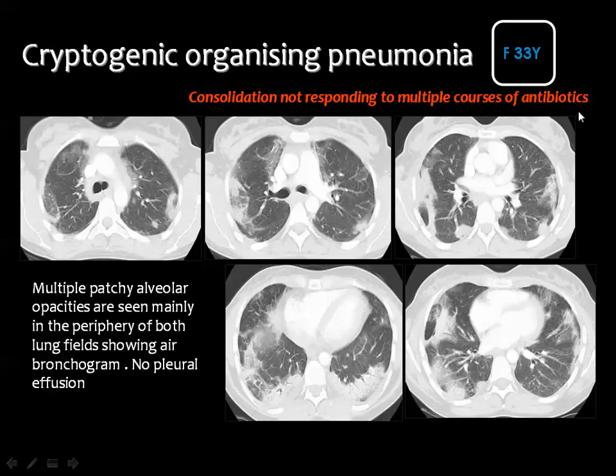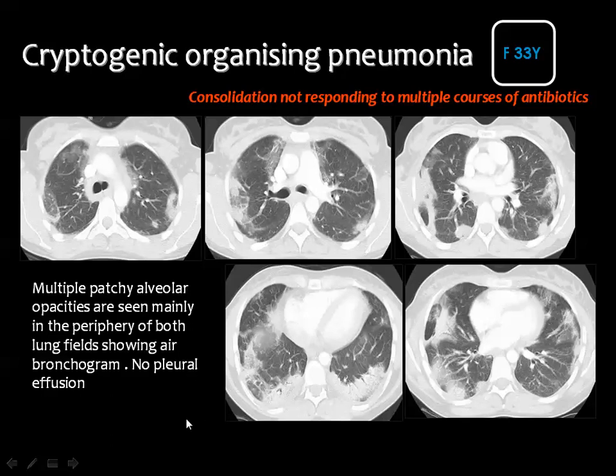Remember, with acute eosinophilic pneumonia, I said that if you see multiple patchy opacities in the lung suggestive of pneumonic consolidations and the patient is not responding to many courses of antibiotics, then you may think of one of two. The first one is acute eosinophilic pneumonia and is diagnosed by the presence of eosinophils in the blood picture and eosinophils in the bronchial lavage. The second type of pneumonia that does not respond to antibiotics is cryptogenic organizing pneumonia. This type is usually diagnosed